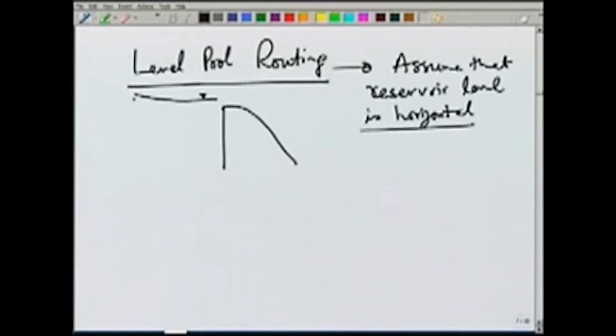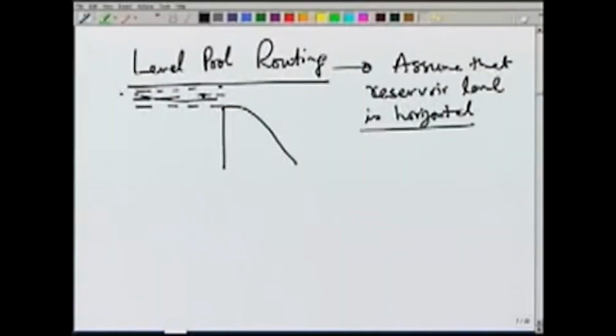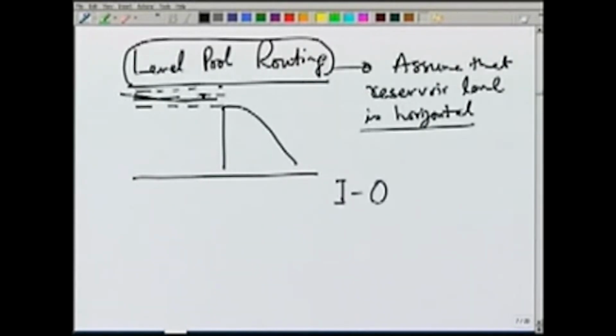We assume that the water level at all the times in the reservoir remains horizontal, and this assumption will be true or approximately true most of the time, because the slope of the water surface here will generally be small. So, assuming this, the reservoir routing or storage routing or this level pool routing, we write the equation, the familiar